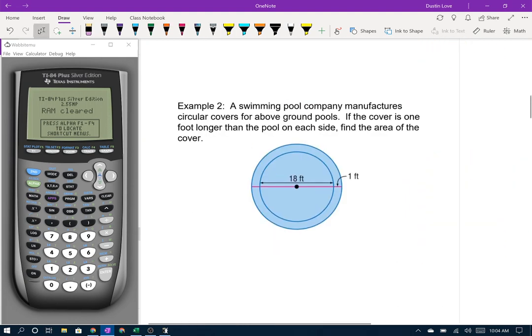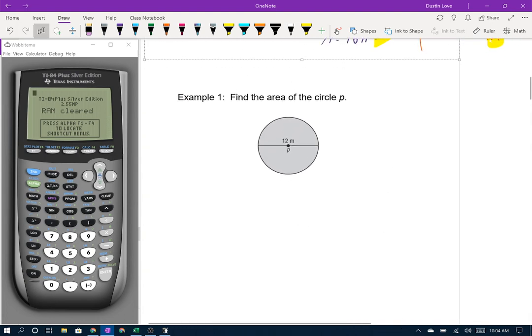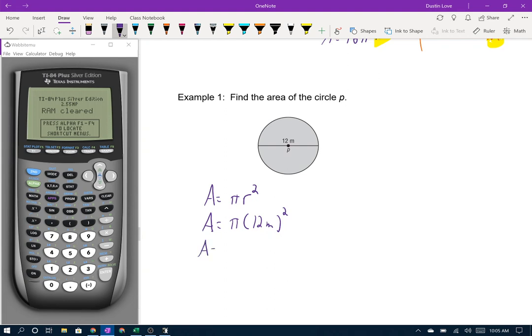So please, my point there, make sure that you are using the correct formula for the correct application. Let's go ahead and jump into examples, if I could control my scrolling. All right. Find the area of circle P. So area is pi r squared, which means that area is pi times 12 meters squared. And then whenever we go ahead and multiply that through, that gives me area equals 12 times 12 is 144